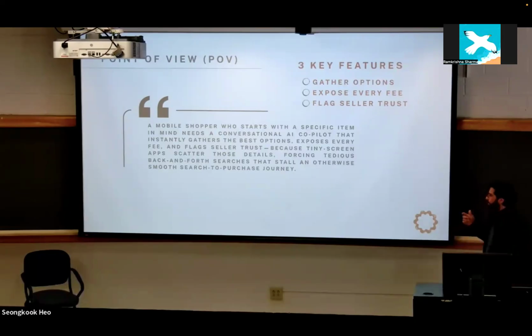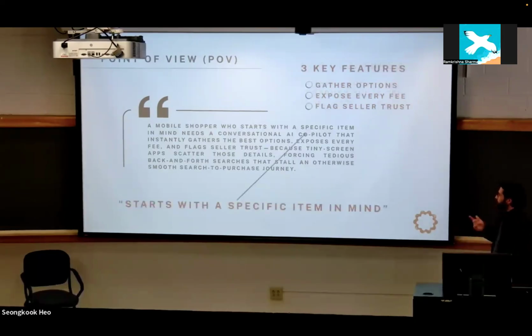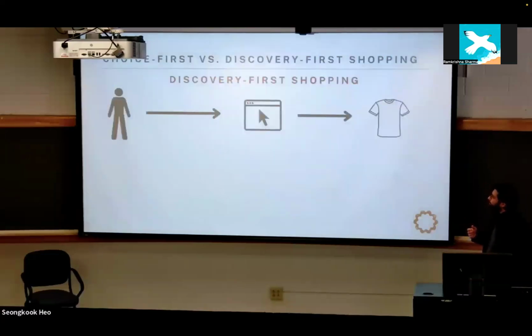And I think as far as this product is concerned, what makes it special is that you start with a specific item in mind. So instead of going to a particular website, browsing, and then coming across a product, think of the product you like, and then it moves backward from there and searches the internet to see if the product exists. So that's kind of what I just explained.